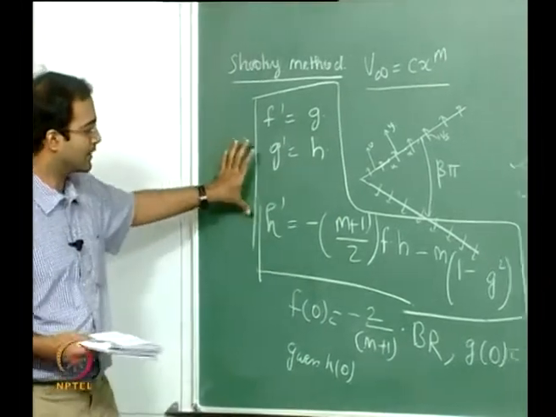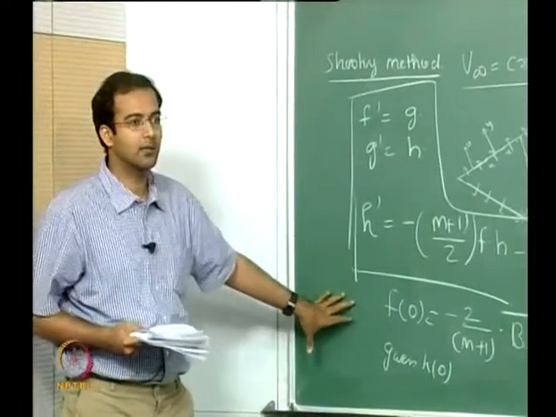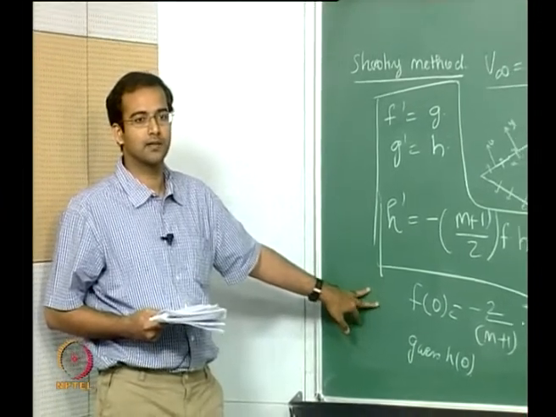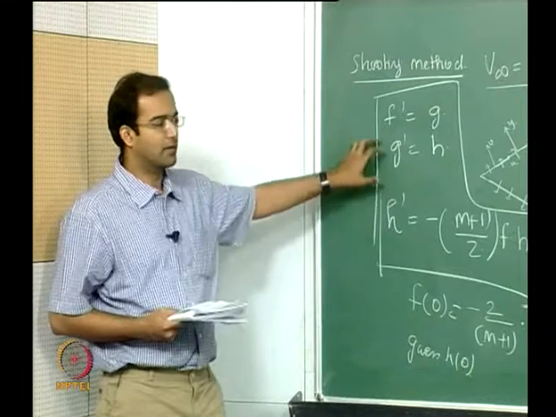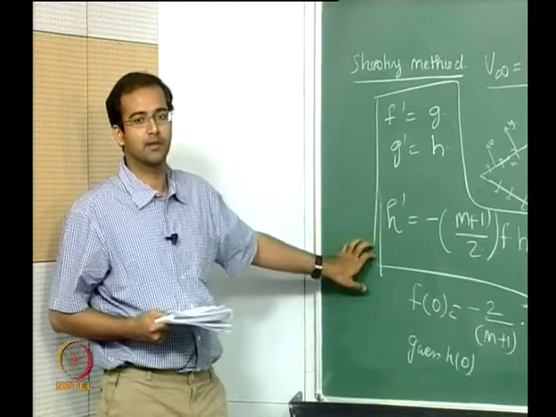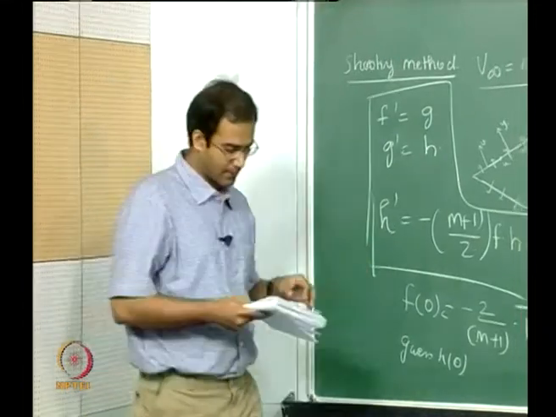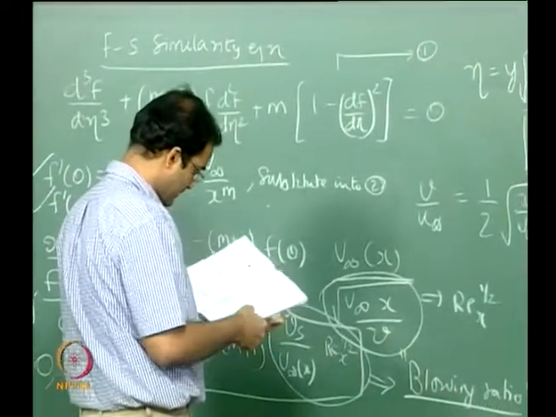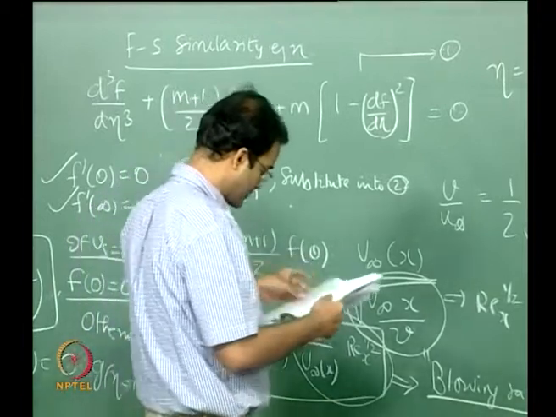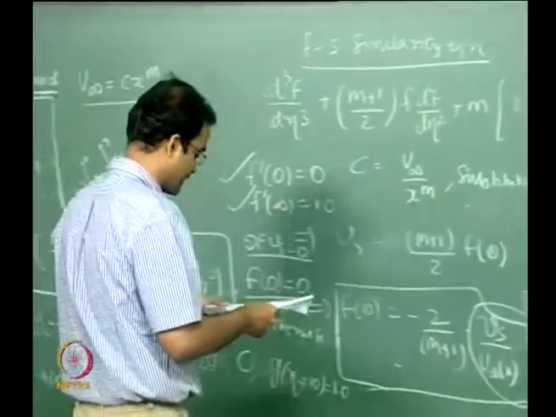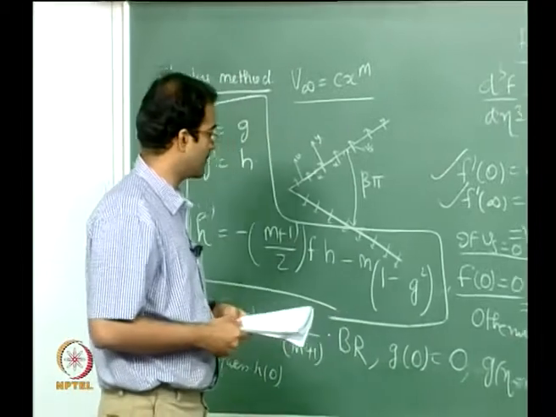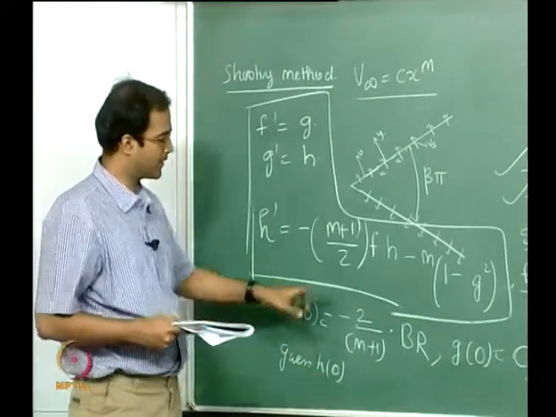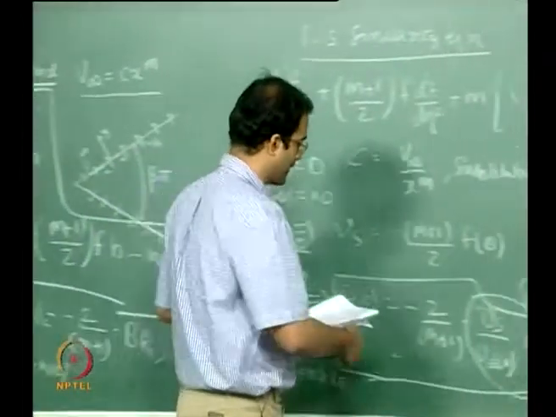So this is the most generic solution. You have this Falkner-Skan solution, you have generic boundary conditions. For the case where your blowing ratio is 0, this becomes a no transpiration case, and for different values of m you get different configurations. So let me summarize and write down the corresponding values of the curvature at the wall, that is f double prime, which is basically nothing but h of 0, for different values of blowing ratio, for the flat plate case.